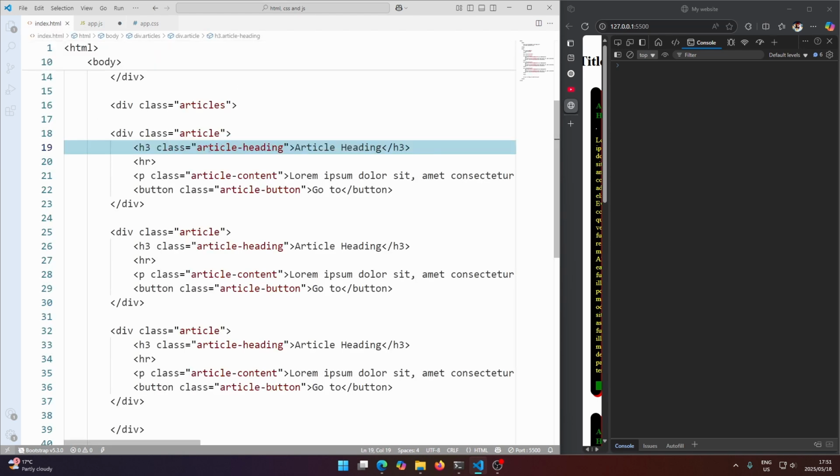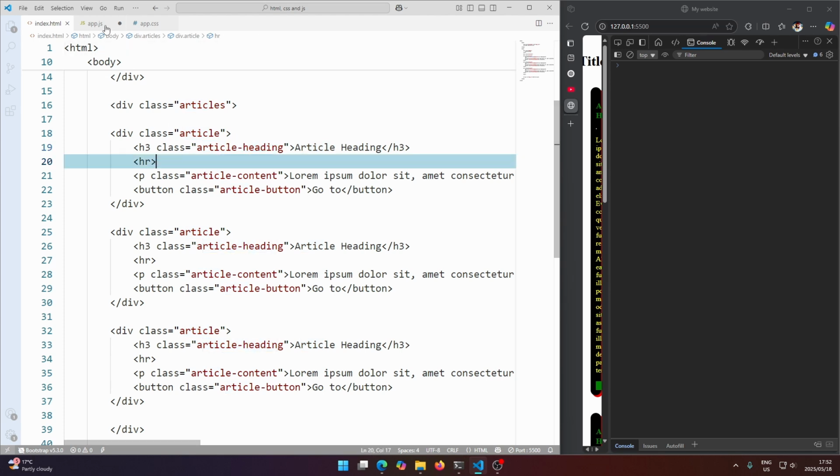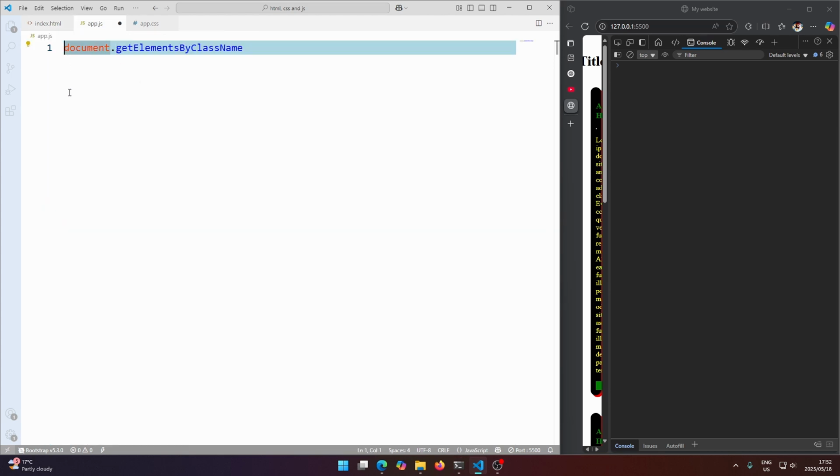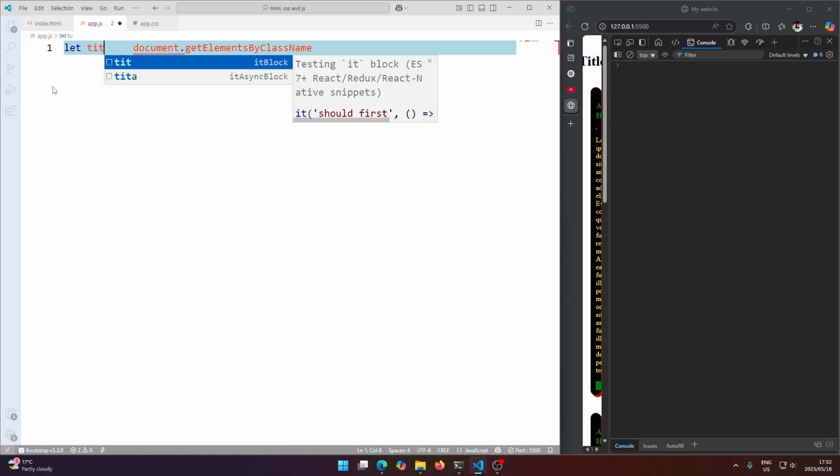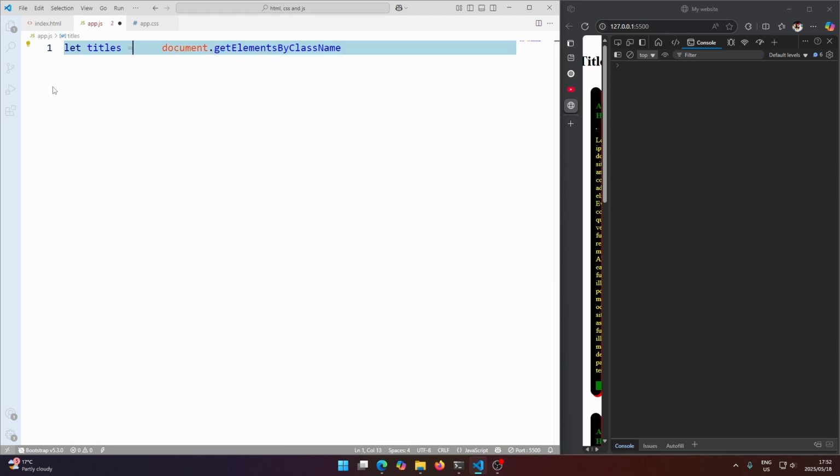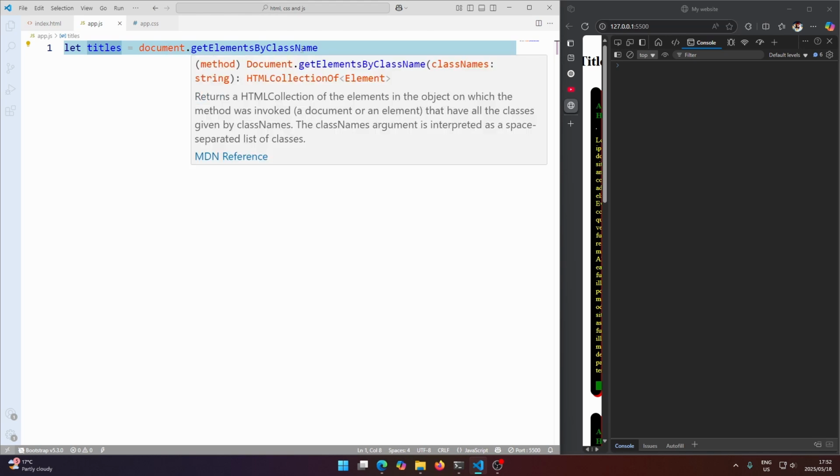We're going to select an element based on its class name, and we're going to store this in something. So I'm going to shift this code over a bit, and here at the beginning I'm going to create a variable. So I'm just going to say let, going to call this, what can we call it, titles equal to, and then I'm just going to neaten this up a bit. Okay, so we have a variable called titles here, and we set it equal to document.getElementsByClassName, and